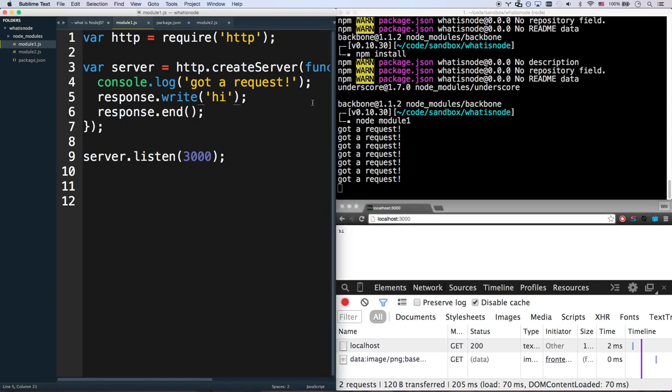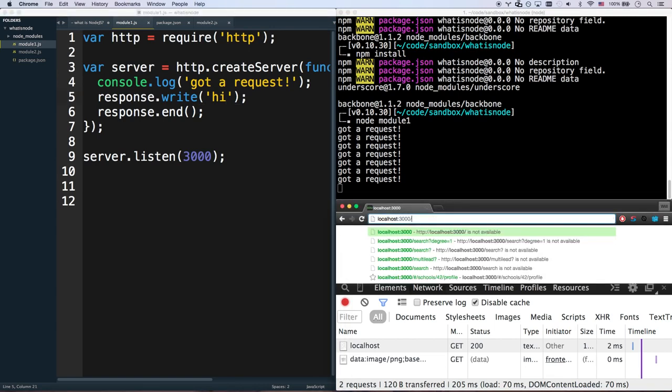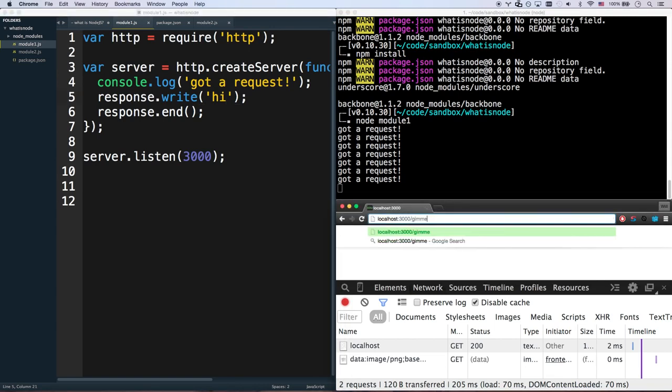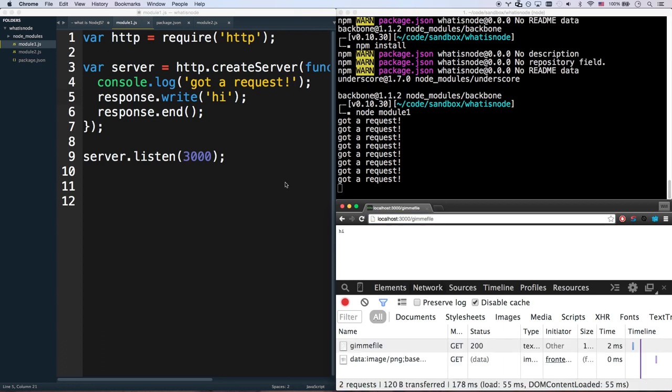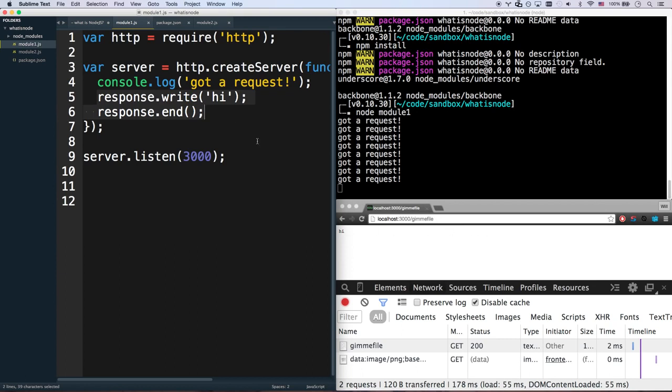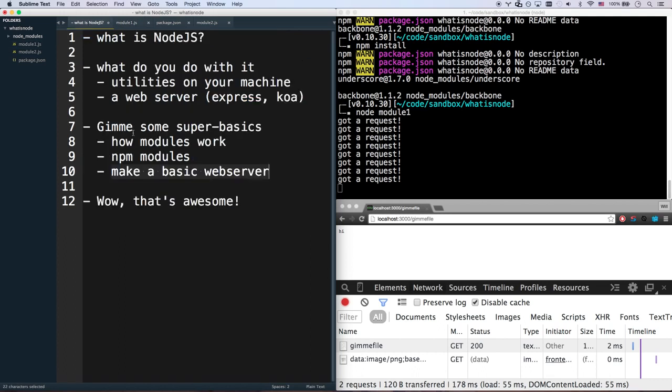If I went to localhost 3000/give me a file, then it's still just going to say hi, because there's no smart code in here listening to what the path is and what we're going to do with that path. But we could listen to the path, and if the path is image.jpg, we could go get image.jpg and respond back with that. So that's kind of what Node.js is. From here on out, you get to mess around with it. If you want to learn how to build an Express